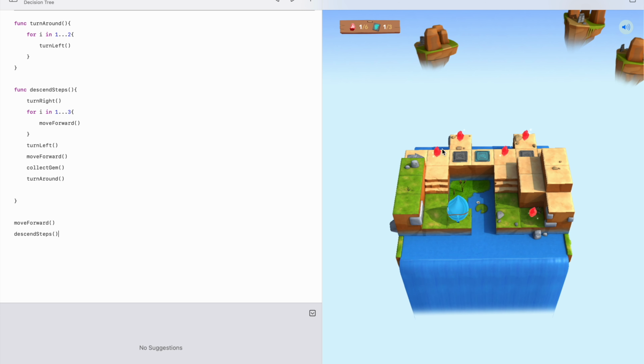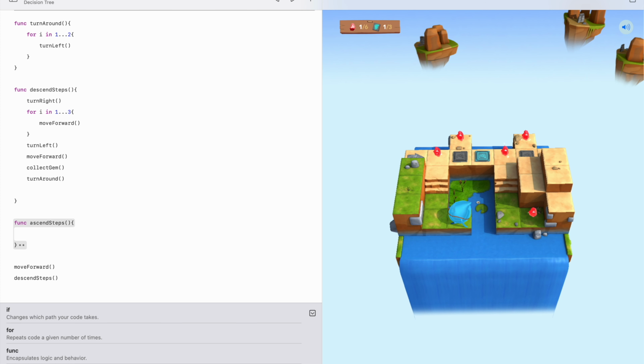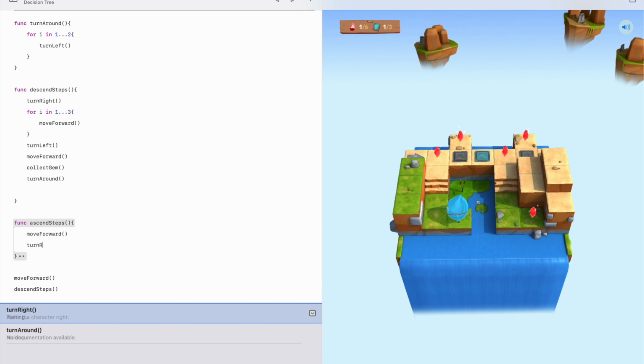Okay, that was nice. So we need to get back up the steps. We need to write an ascend function. So we're just going to call that, we need to move forward. Right goes here, then we turn right, and then move forward 3 times, and then turn right to be facing this direction. So for 1, 2, 3,